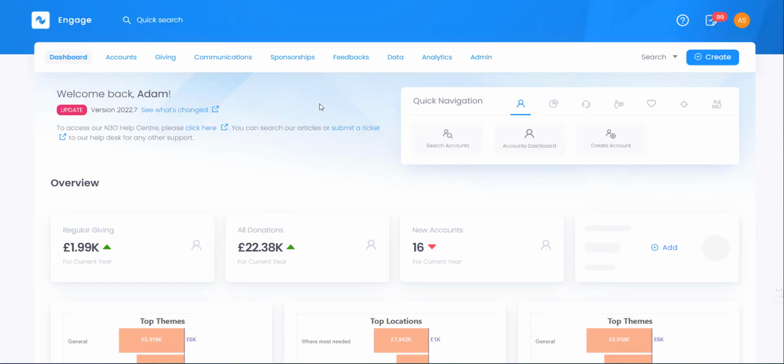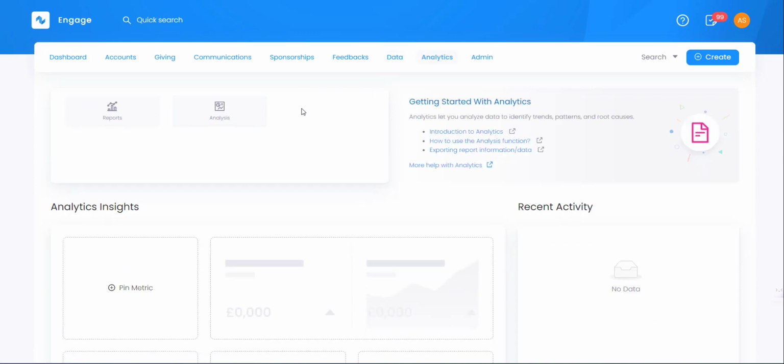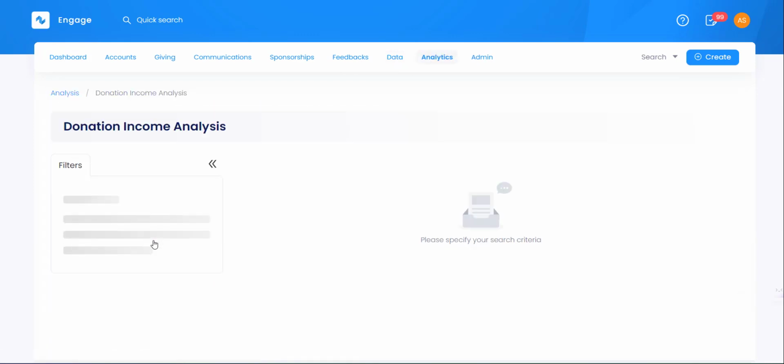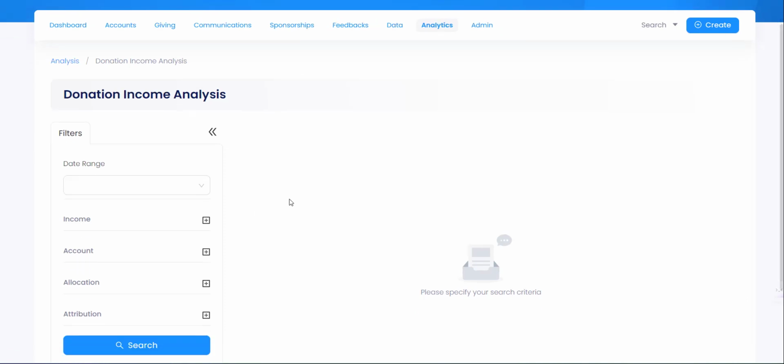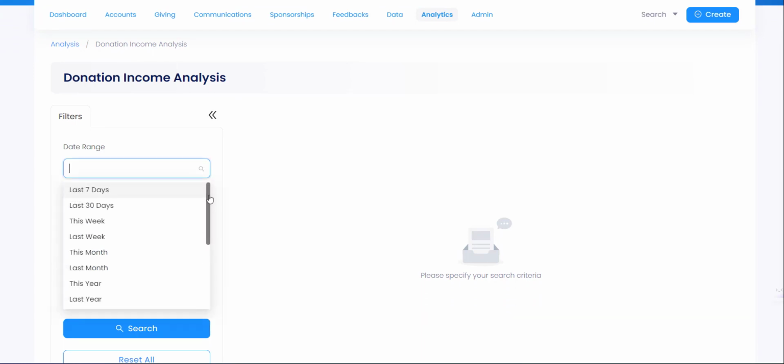The final section then is the donation income analysis report, which is an important report and allows us to see donations and the attributions of those donations. So if we go to analytics and we go to analysis, this is a bespoke report for organizations to see where the donations are coming from. So we can choose a date range. So let's just say this year,